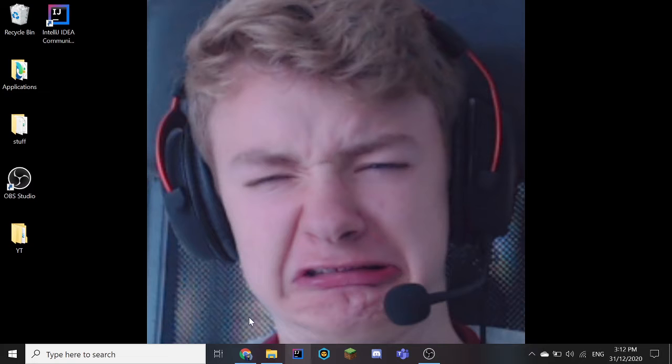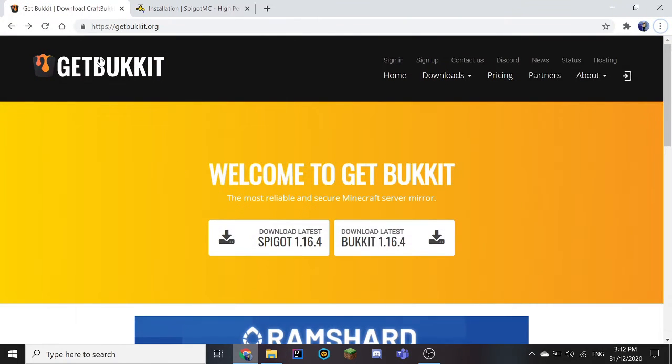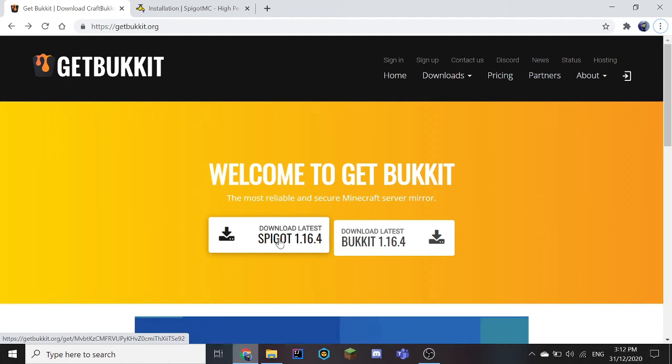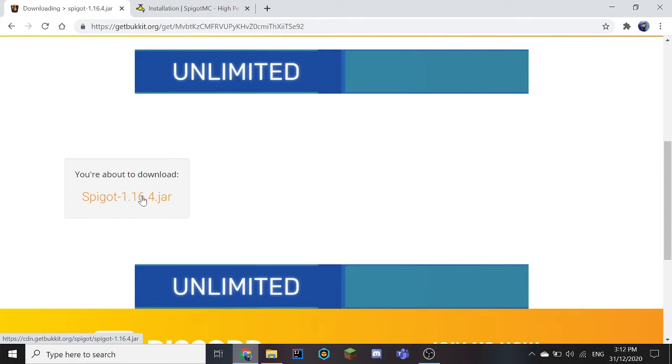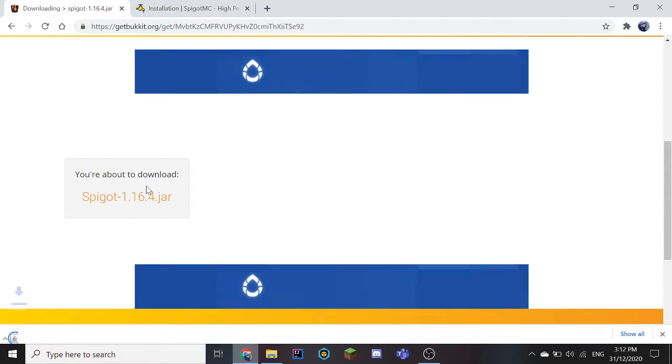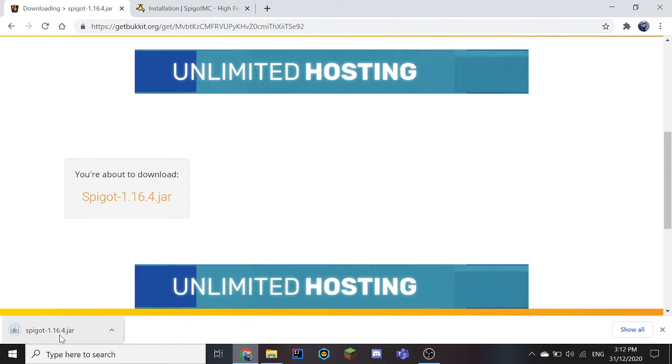So first of all, we're going to go into Google Chrome, into this website called getbukkit.org. The links for these websites will be in the description below. So we're going to download the latest Spigot file, which is Spigot 1.16.4. If you go ahead and click on that, it will take us to another page, and we're going to download this Spigot 1.16.4.jar file. You can click on that and it will start our download, and then we're going to drag this